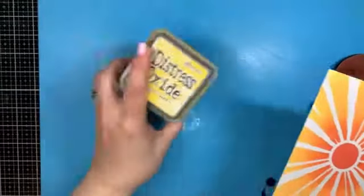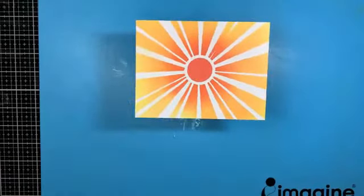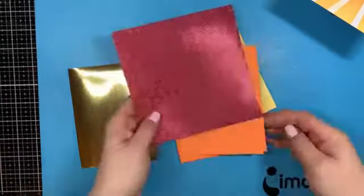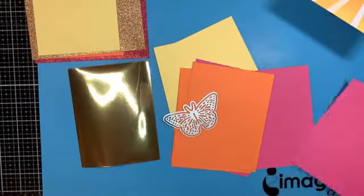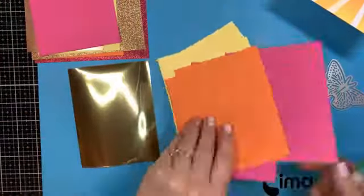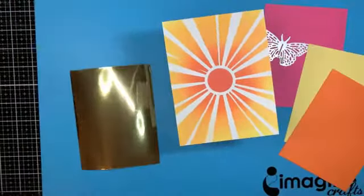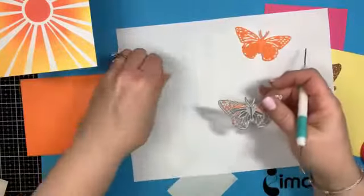So I looked through my stash to see what butterflies I had, and I just came up with some, and I actually ended up using one. This is the die cut that I ended up using. It's a single butterfly with an outline die. And here I'm just picking my colors that I'm going to use. And I'm going to be using some specialty paper. Here I used a sticky